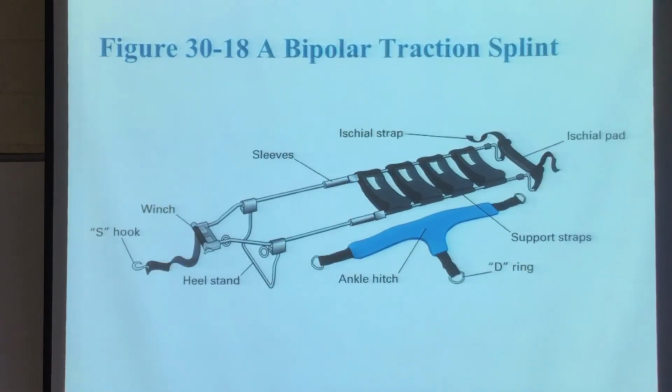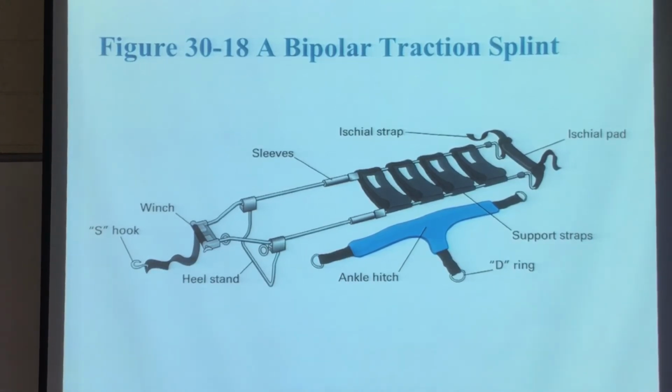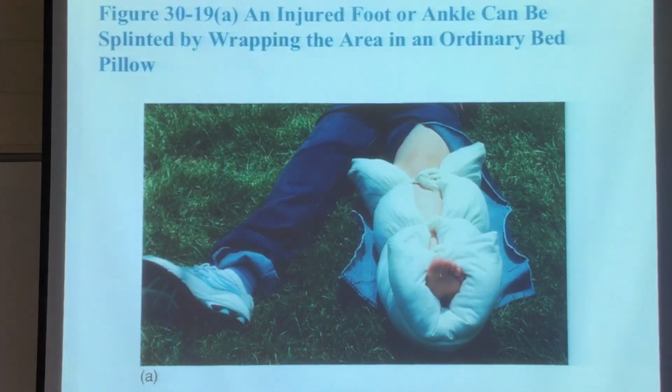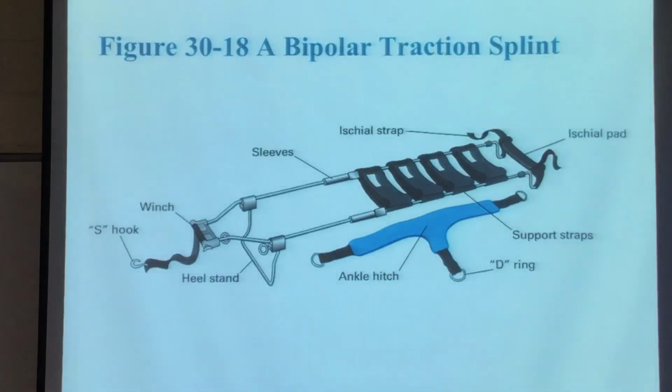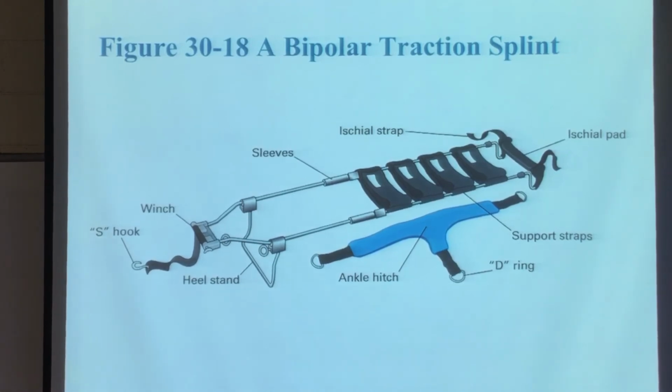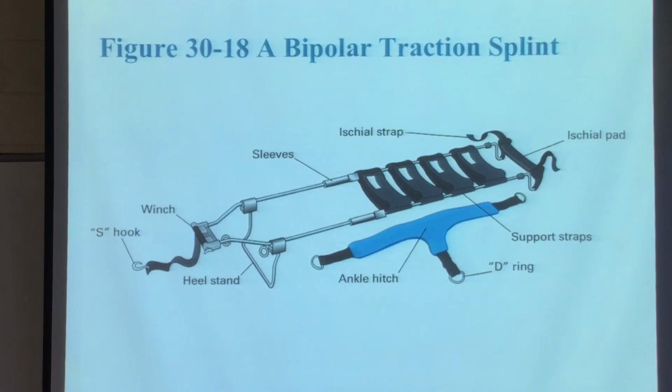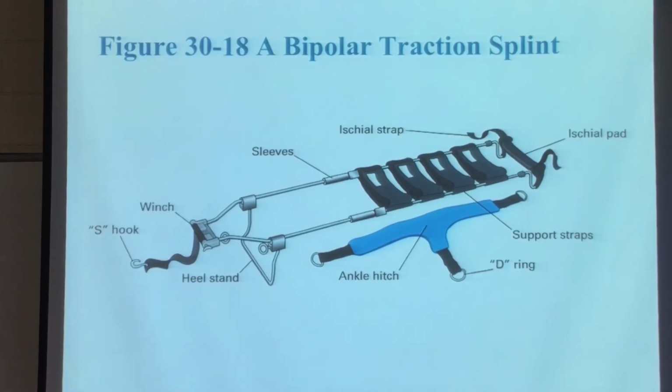Remember, there are improvised splints as well that we can use, such as cardboard or sticks, as long as they're padded. So a traction splint that we just saw, and I'll go back to it real quickly. It has an ankle harness, so this ankle harness will go around it. You see that there's a mechanical wheel that will pull that hook, and it'll pull traction to try to stabilize the muscle from spasming. There's no way that we can put enough mechanical traction to separate the bones and pull the leg back straight. This is just to stabilize the muscle from spasming and causing those jagged bone ends to go and